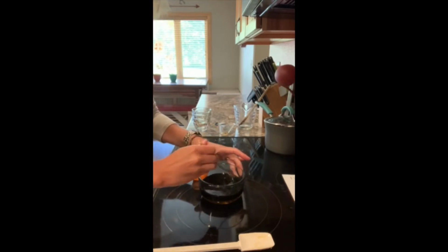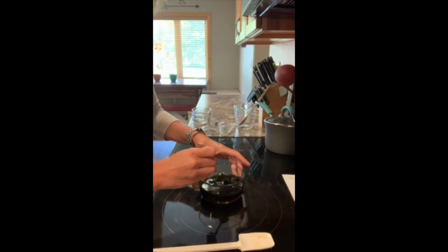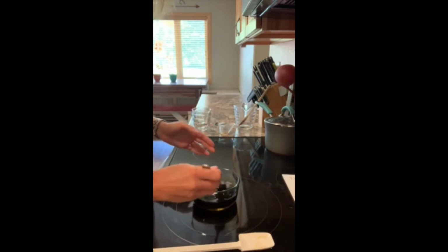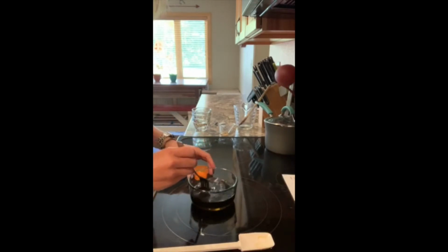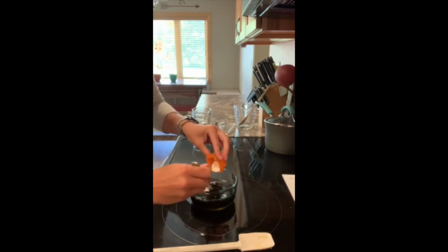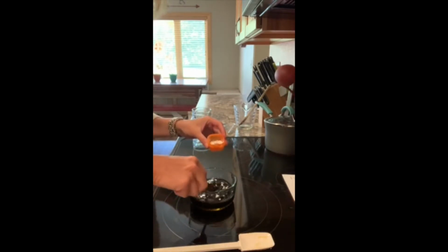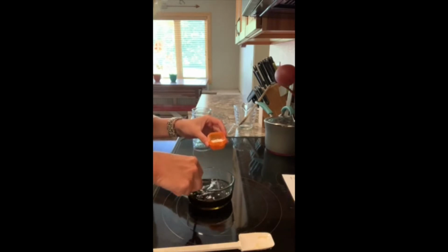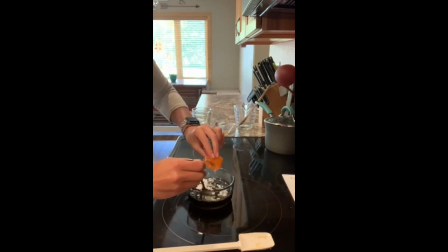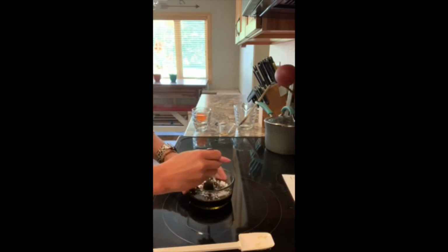The last thing that we will add is 1 tablespoon of cornstarch, and then that will just thicken the sauce when we add it to our meat. This stir fry sauce also does call for red pepper flakes, but I don't really care for the heat, so I did go ahead and leave that out. So that's one thing, you can control the ingredients that you do or don't like when you make your own sauce. But you can certainly add more